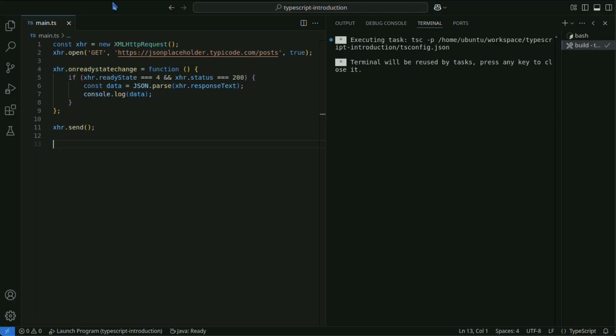This code sends a GET request to the specified URL using XML HTTP request, parses the response as JSON, and outputs it to the console.